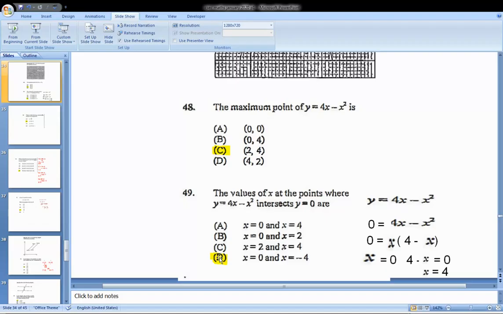For 49, the correct answer is A. I made an error on this encircling, highlighting D. It should have been A. So let's move on